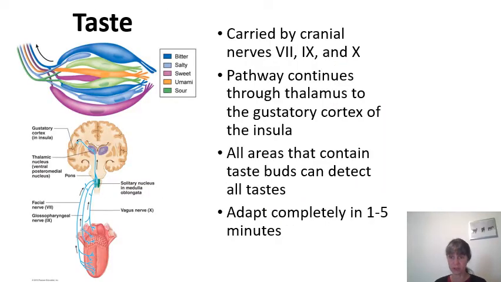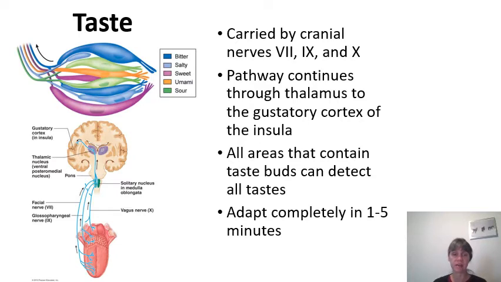So far we've talked about 2 cranial nerves involved in gustation. Cranial nerve 7, which is the facial nerve, innervates the taste buds for the anterior 2/3 of the tongue, and cranial nerve 9, which is glossopharyngeal, innervates the taste buds for the posterior third of the tongue. However, there is another cranial nerve involved, and this is cranial nerve 10, which has a branch that innervates the larynx. And once sensory information goes from these cranial nerves, those neurons will synapse with the solitary nucleus in the